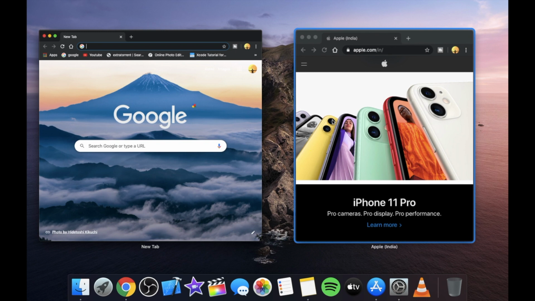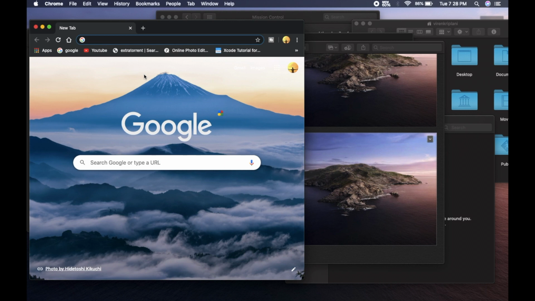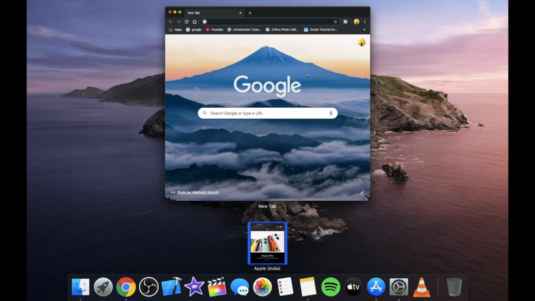Now you may be wondering, what if one of those windows were minimized? I'm going to show you right now. So I'm going to minimize this window here, and now I'm going to do the same command to show associated windows. Right now you see where the minimized window is down here at the bottom, and this is just Mission Control. All I am doing is assigning shortcuts via the hot corner to Mission Control commands, which you can normally access with keyboard shortcuts. But this makes it so easy and handy to quickly perform different actions.